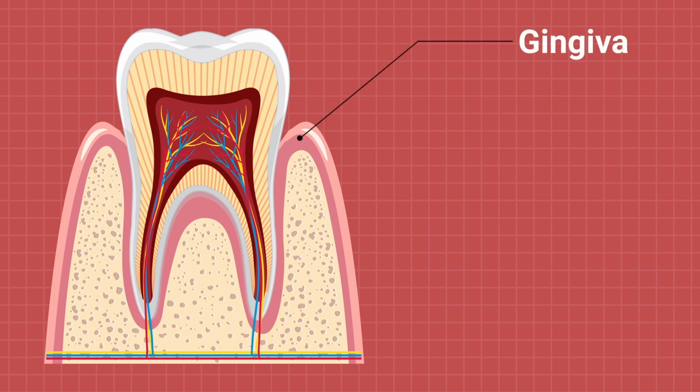Gingiva, gum. The pink soft tissue that we refer to as our gums is the gingiva. It surrounds the neck of each tooth and safeguards the roots of the teeth, as well as the jawbone, alveolar,